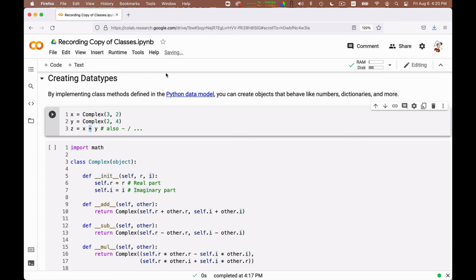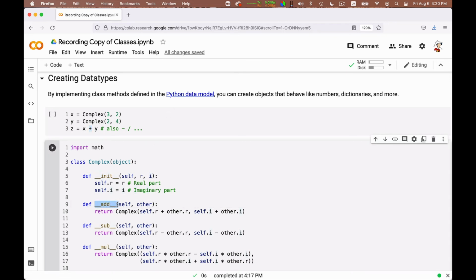So if you look at the Python data model, you can read how this can be done. And it is essentially done by defining particular functions. The add function will take as argument the object and another object, and is used to compute, so this essentially computes object plus another object.